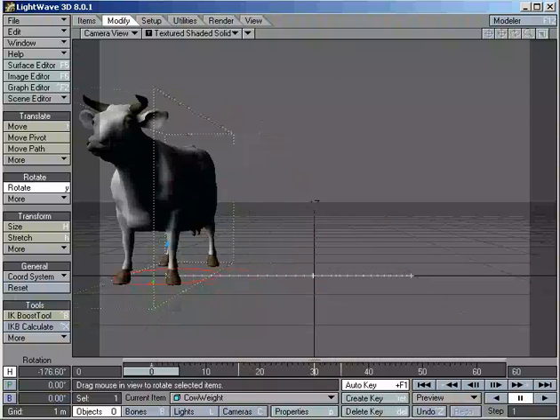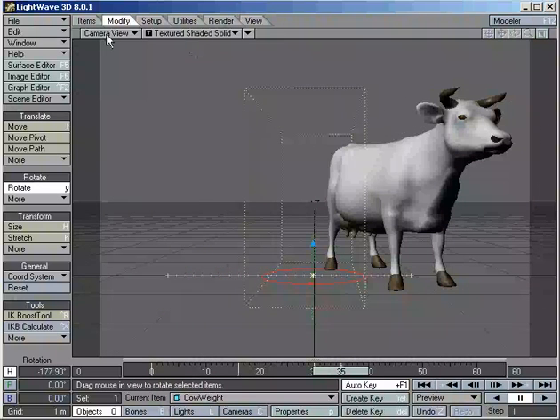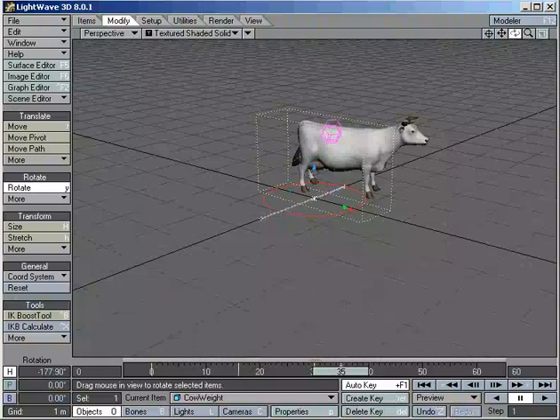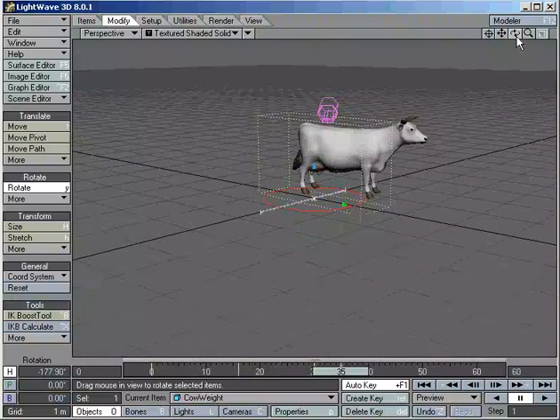Now, the way I'm going to approach this is I could do it with point sets, but I think in this case I could do it with surfaces too. If I just wanted that oscillating motion to happen to certain surface named parts, I could apply it that way. But when you're working with weight maps, you have the advantage of it being able to fall off over the space of time. So let's quickly pop into Modeler,